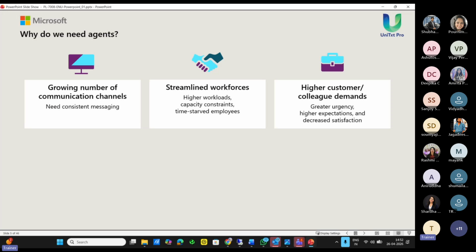But why do we require an agent? Again, I'm repeatedly telling you these things because I want you to understand the concept thoroughly. So now, there is a growing number of communication channels and streamlined workforces, there is too much workload, there is a capacity constraint, and obviously employees are requiring more time. In the meantime, customers are demanding more, and there is a lot of urgency, higher expectations, and decreased